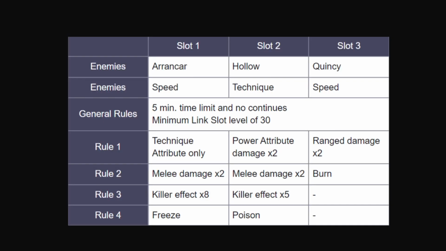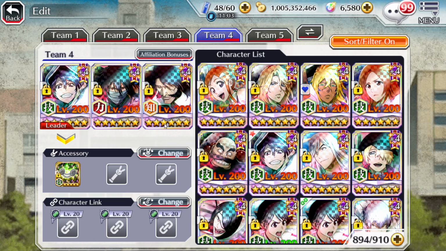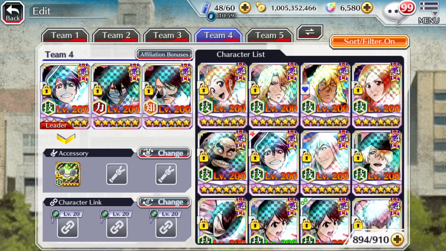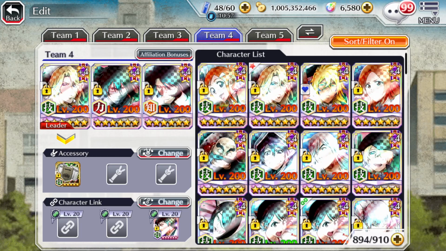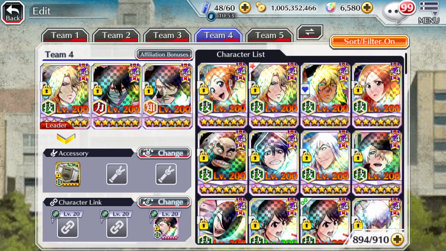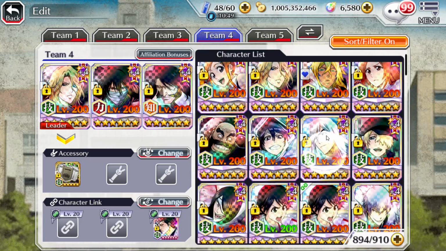No. So maybe just Soul Bombing twice with Ichigo, since he has Bombardment and Weaken Defense. You know, could do something like that. And then, I mean, you could use Rangiku. You could if you really wanted to. You won't get the melee damage times 2. I also don't think she's the greatest, but she would definitely be better than a lot of the other characters